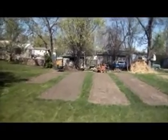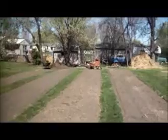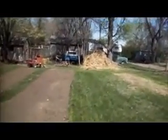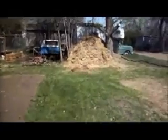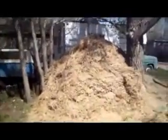Well, I went and got straw. As you can see, the net wrap on the big round bales of 1-ton bales was old and rotten, and so I ended up just moving it on my pickup truck loose, and I got probably way more than I need,